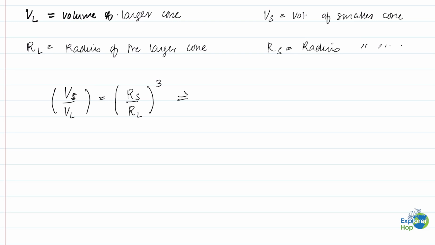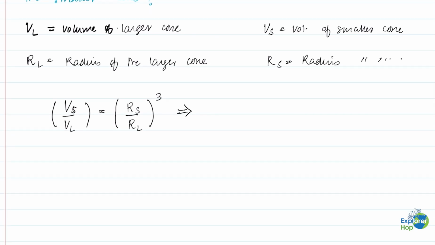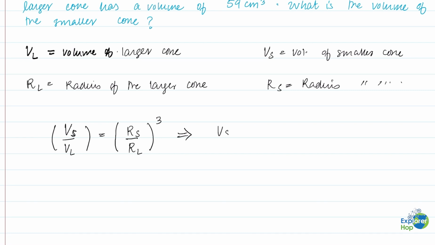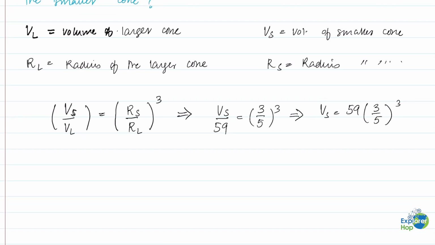So now we will substitute the values inside. Because we know the value of VL, which is the volume of the larger cone, we know the radius of both the cones. So we'll substitute these values inside and we would get Vs over 59 equals to 3 over 5 cubed. And we can rearrange the equation to get Vs is equal to 59 times 3 by 5 cubed. We can easily use a calculator to calculate this value, and we would get Vs to be equal to